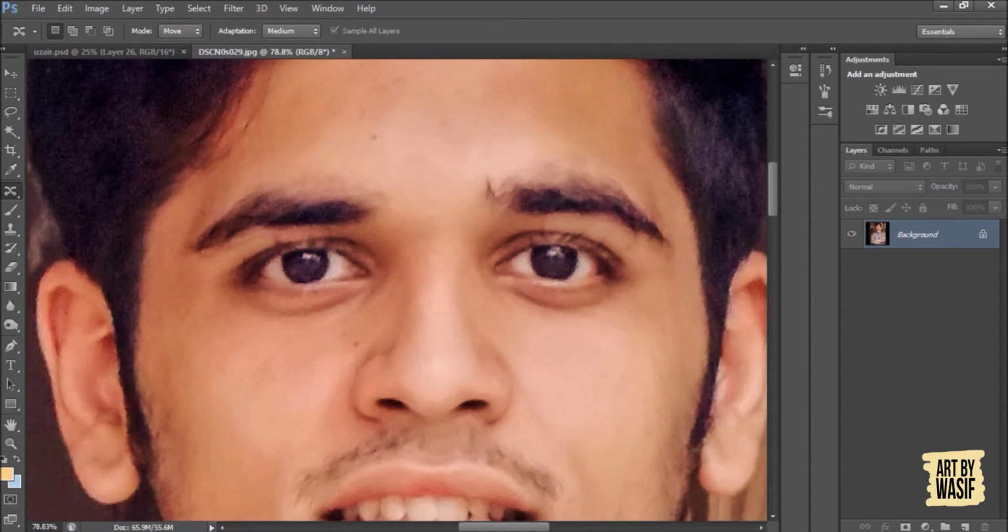So next tool is content aware move tool. Content aware move tool is used if you want to remove some area and you want that it doesn't leave any mark that something is removed from here. It is used for this function. Like if I want to remove my nose hole, I will select it and move it here, and you will see that it has closed my nose hole by selecting the area from its surroundings.